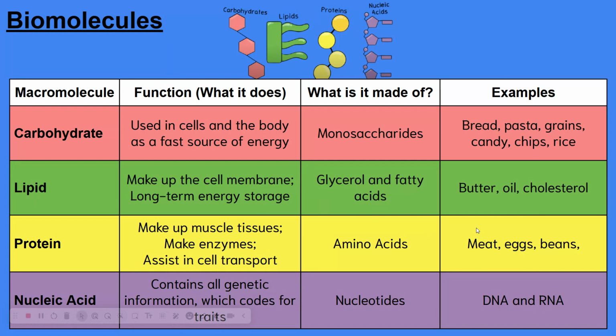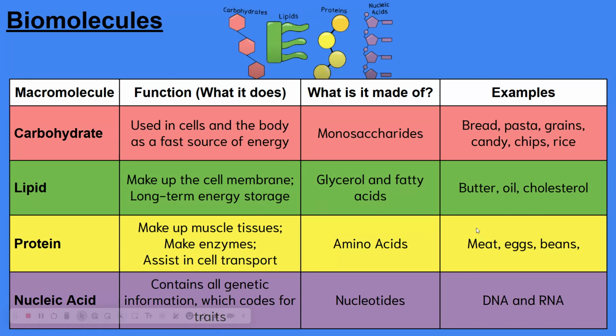The second macromolecule is lipids. Lipids make up the cell membrane, but they also act as long-term energy storage. In the cell membrane we have phospholipids, but in energy storage it's just whatever the body uses for storing it. Lipids are made of glycerol and fatty acids, and examples include butter and oil for food types, but also cholesterol. Cholesterol is actually a good thing in moderation because it does make up part of the cell